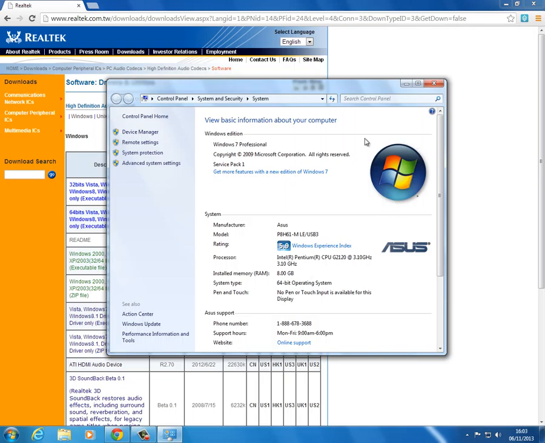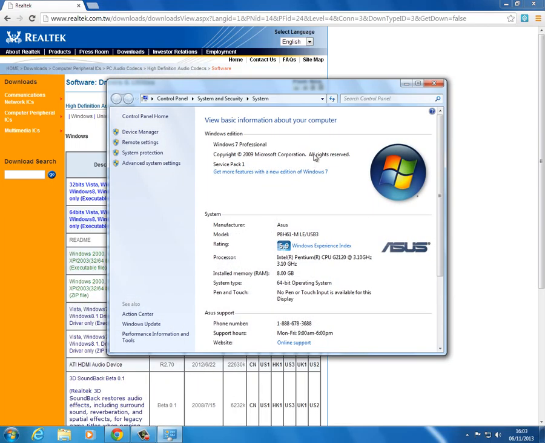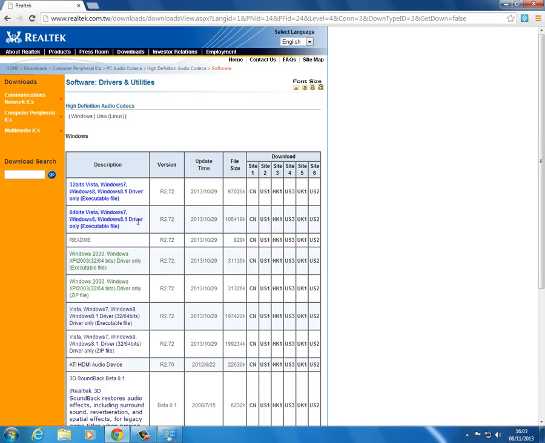Now to get to this, the same way as before, you just right-click Computer and press Properties. That's a good way to do it, and that puts the page up. And then you know what type of operating system you're using. So we're going to use a 64-bit driver here, so we need to find a suitable site for that one,